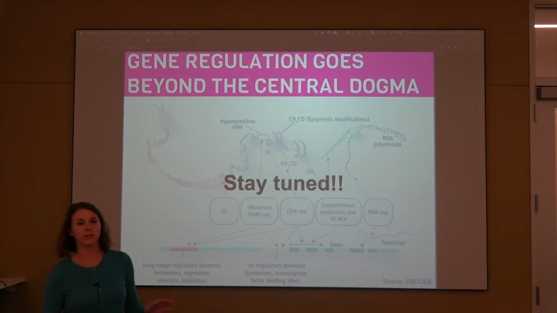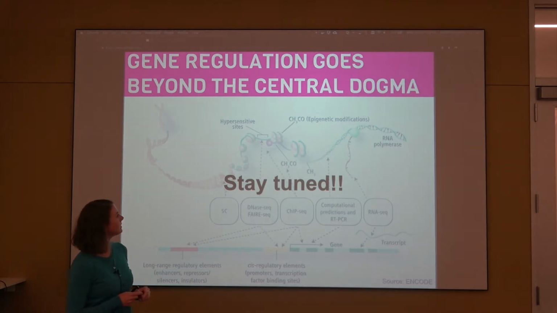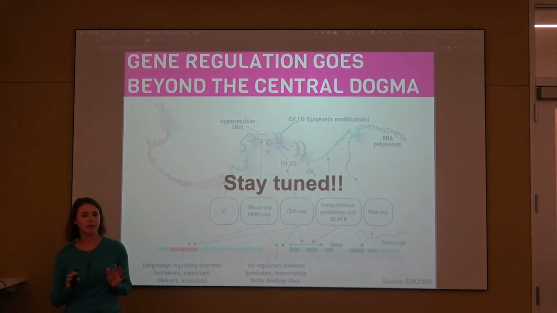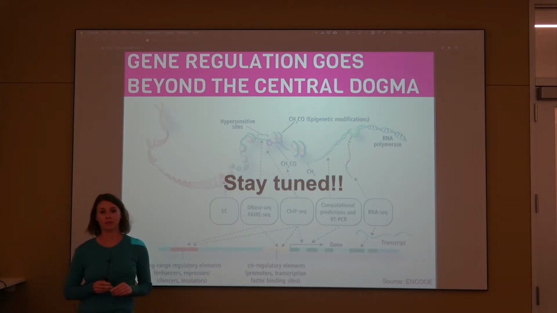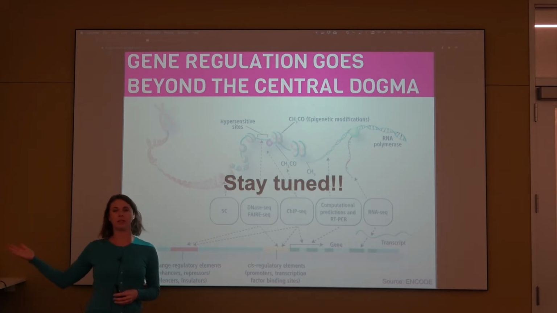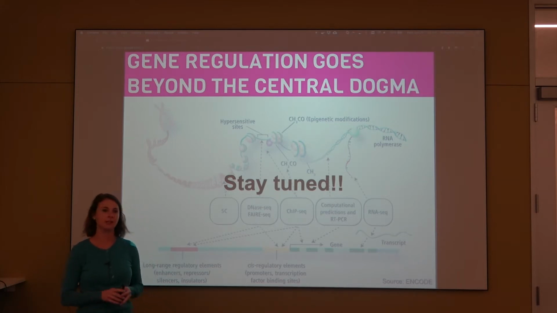And then I just want to make a final comment, because this is kind of the pre-video for a lot of really cool functional genomics videos that are coming in the future. Gene regulation goes beyond the central dogma. Here I was talking very specifically about genes and how they are expressed. How do we get the gene information from inside the nucleus at the DNA level out into the cytoplasm to create proteins so that we can have cell type specific functions and create a full organism?